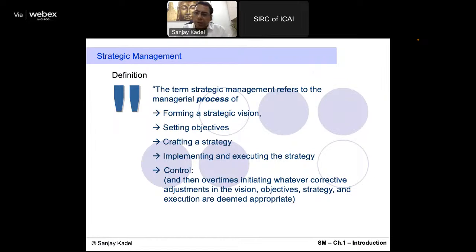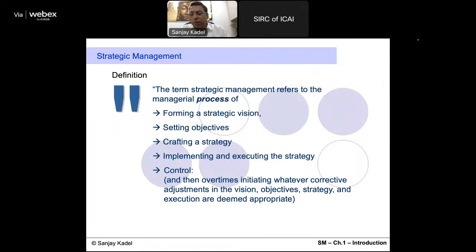So, forming a strategic vision, setting objectives, and third, crafting strategy. If you observe here, it is not said making a strategy, it is said crafting a strategy. That means what? As I told earlier, it is an innovative, intellectual, and thoughtful process of crafting a strategy. So after that, once you craft the strategy, once you design the strategy, the next step is to implement and